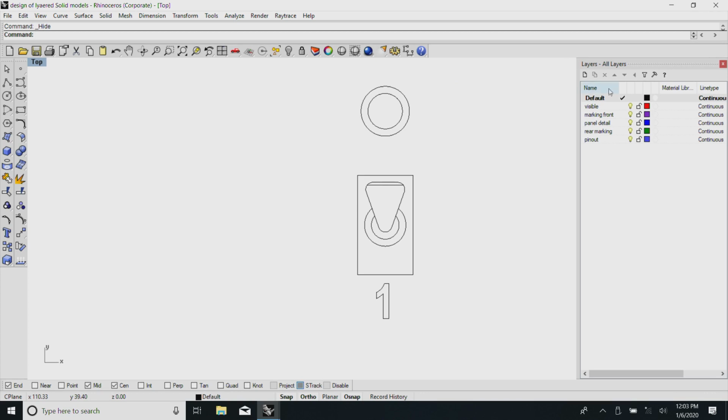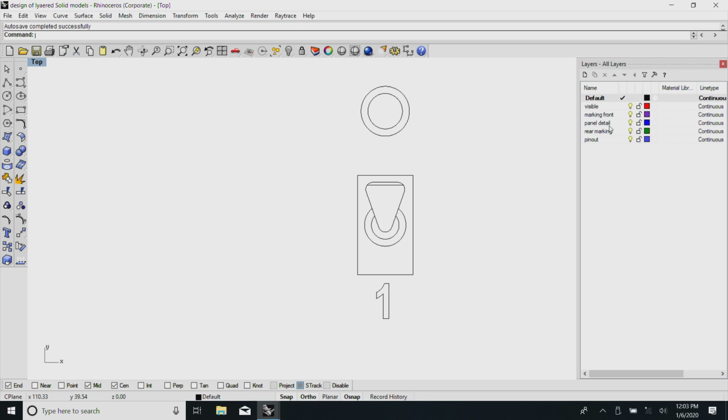On the right side maybe I will just check whether my normal layer is enabled. So, here it is possible for me to now place all these various devices onto a different layer. On the right side, allow me to repeat what I have repeated earlier. I have a layer which shows all the items that are visible, and then I have also a front panel marking, then I will also have a panel detail.